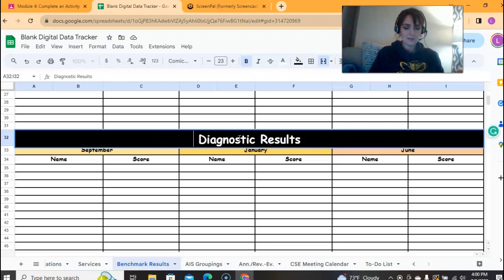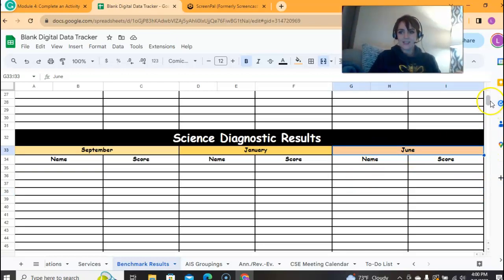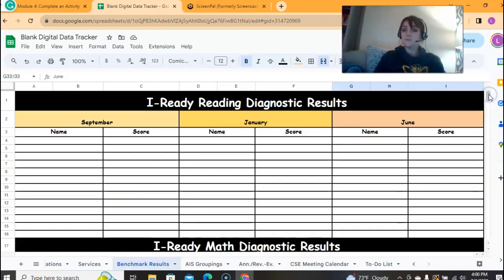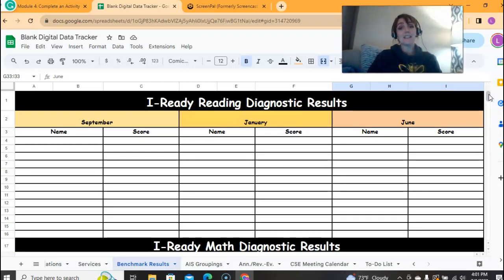Maybe it's not iReady. Maybe you don't want to use math. Maybe this is science diagnostic results. Okay, so go ahead, take your time. Have fun with the font and the size and the color scheme as well. And when you are done, please come back because we're going to take this data